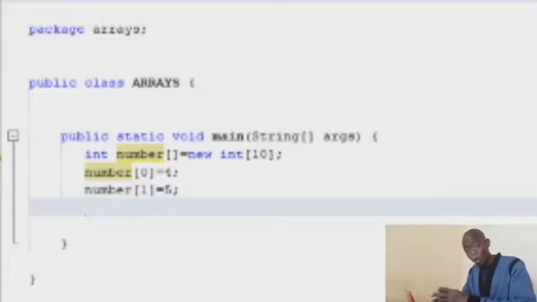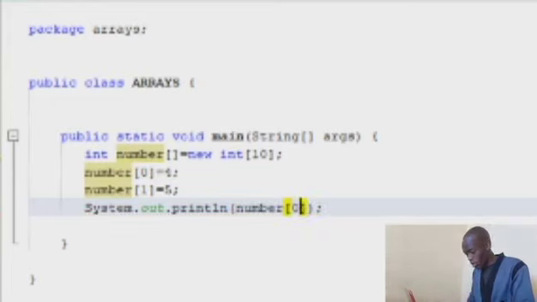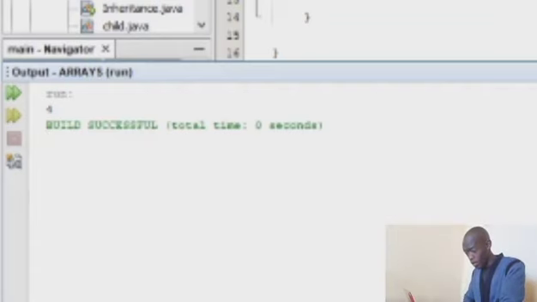In order to make sure that these elements have been stored inside this array, we can print out these elements by typing System.out.println. We want to print out number. Let's say we want to print out the first element. So here we're going to type 0 because the first element holds an index of 0. Let us test this. As you can see, the output is 4,